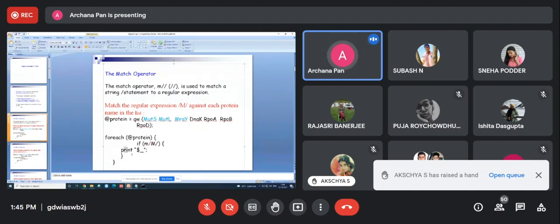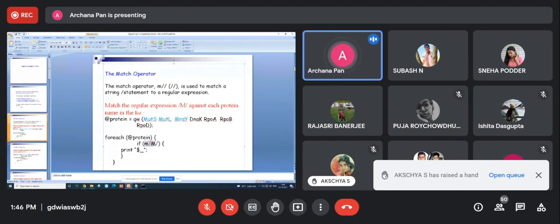The next element will also be printed in the outcome. The third element of this array is this protein name. Here also m is there, but after that there is no capital M. So if you run this program, you will get this protein name and this protein name.